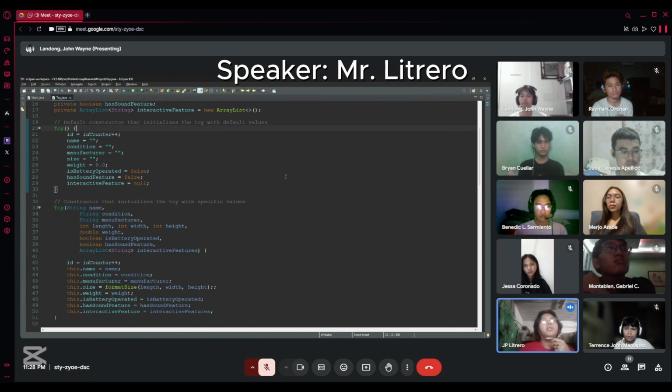First, the default constructor initializes a toy with empty or default values, ensuring that a toy object can still be created even if no details are provided. Second, the ID is automatically generated